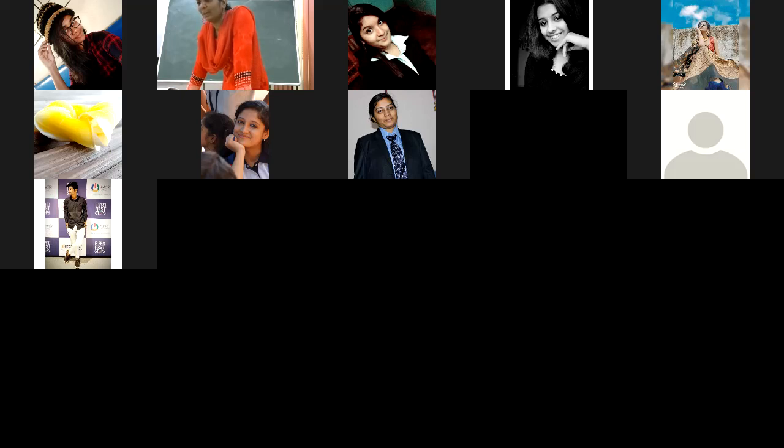How many types of observations? There were 2 types of observations. One is individual observation. Another one is grouped observation. Individual observations, for example, marks of 10 students. Marks of 10 students is individual observation. When it becomes grouped, 100 students are there. In that, marks are ranging between 0 to 10, between 10 to 20. 0 to 10, nil, no students are there. 10 to 20 marks, 5 students are there.